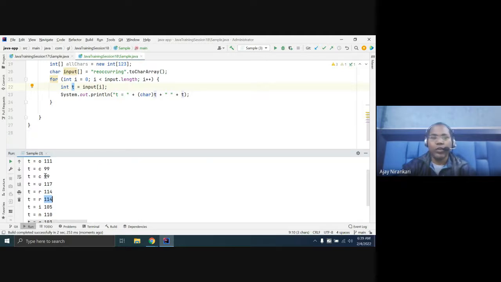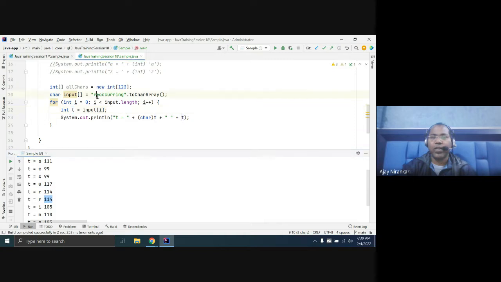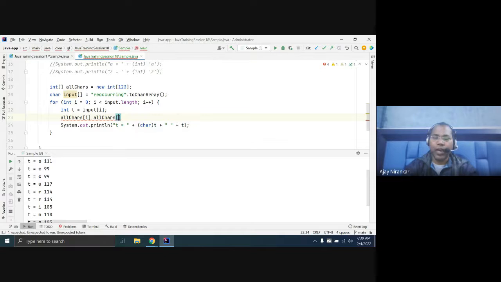So now we find the index of each character. This is each character, and now we find the index. Whatever index you have, go to this another array, go to this index, and whatever value it has, just plus one.